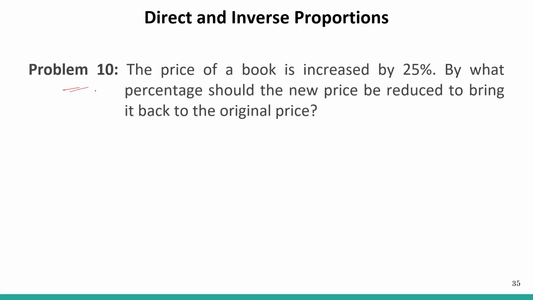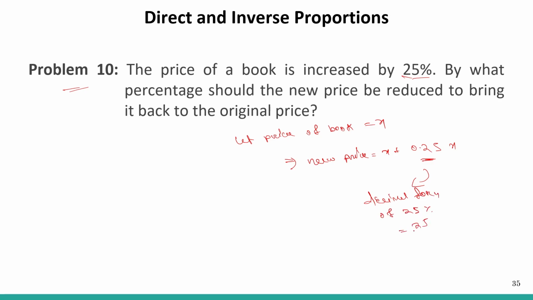So let's see problem number 10. Okay, so the price of a book is increased by 25%. Let the price of the book be equal to X. So this implies that the new price is equal to X plus 0.25X. So 0.25 was multiplied with X because it is the decimal form of